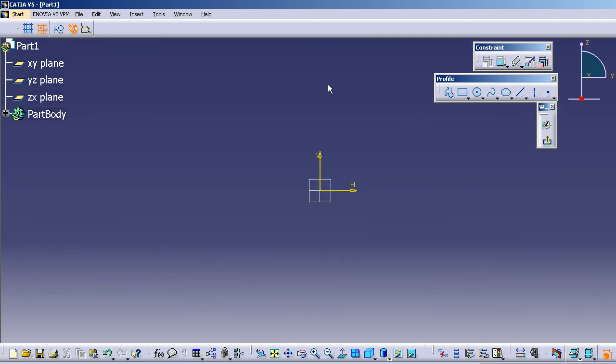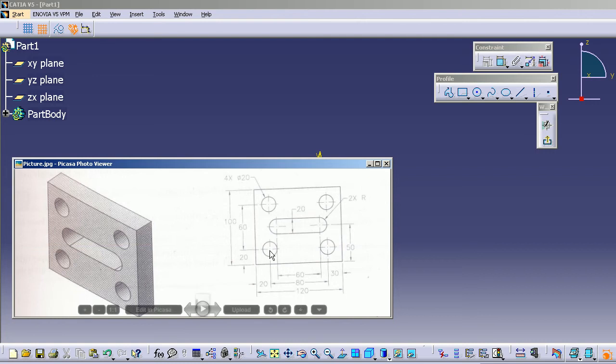I need to draw this sketch in two parts. Initially you need to draw the outer loop of the sketch, which is a rectangle. You may see here the outer loop is a rectangle and the inner loops consist of an elongated hole and four circles. All the circles have the same dimension, that is radius 10, and the elongated hole will be drawn using a profile tool, which is the profile tool. In here it will use the line and the tangent arc, and the circle tool is for drawing circles.